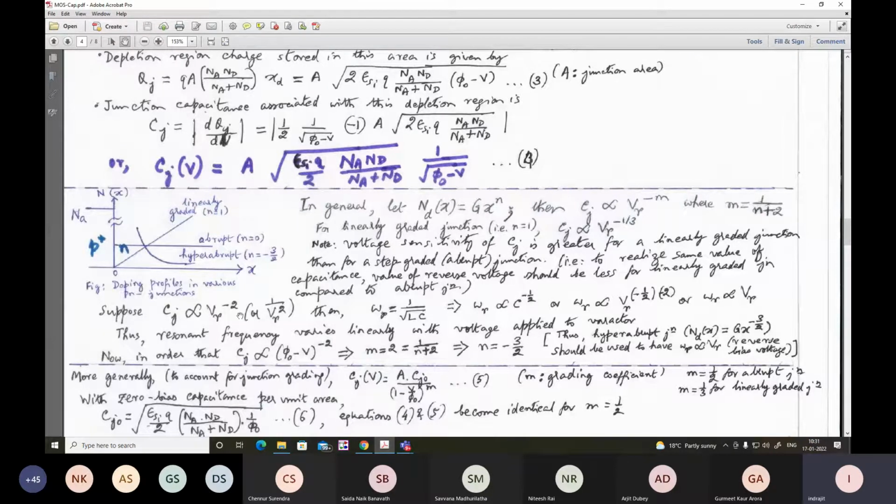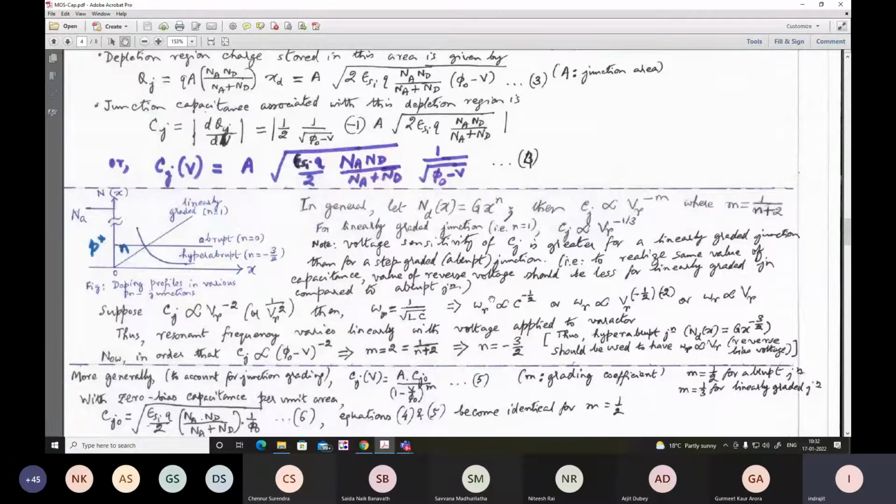So if Vr is equal to 8 volts, taking for simplicity that the proportionality constant is 1, the junction capacitance for linear grading will be 1 by 8 to the power 1 by 3, or 1 by 2, that means 0.5 microfarad. Just for the sake of example. On the other hand, for the abrupt graded junction, it will be 1 by 8 to the power half, that is 1 by 2 root 2, or root 2 by 4, equal to 1.4 by 4, roughly 0.35 microfarad.